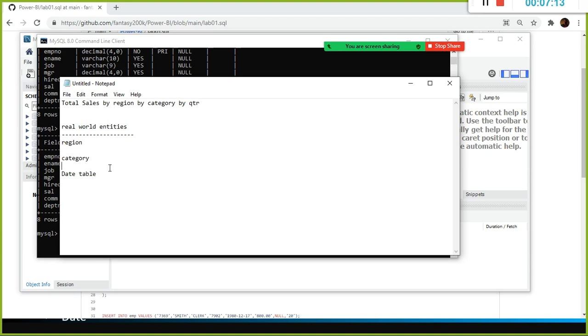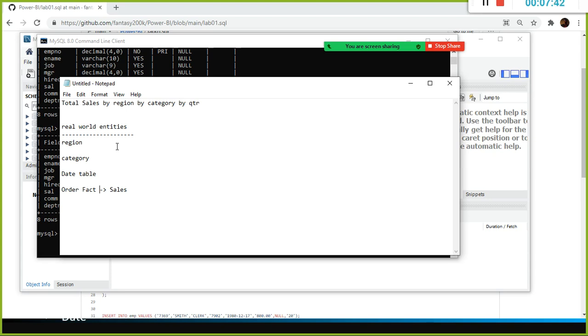Apart from this, sales is available in another table. There is something called the order table, right? In the order table, the sales data is available. It may be an order table, or a fact table. We are going to deal with fact tables when it comes to data warehouse. Don't worry about what is a fact table and what is a lookup table. Everything we will touch upon in a later session. It is too early to discuss everything.